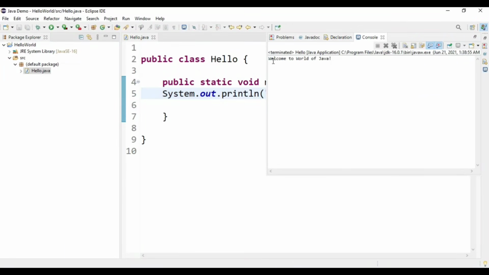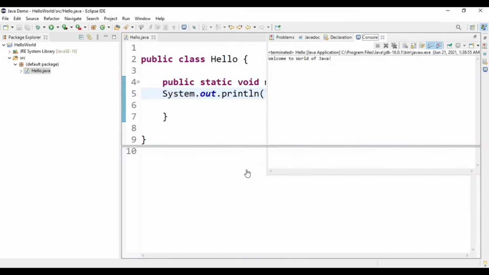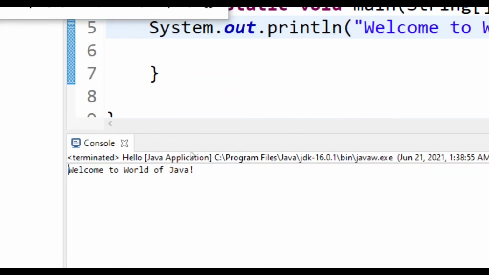You can see it is showing me the message, welcome to the world of Java. If you want, you can take this screen downside also. I have just zoomed it for you so that you can see the output. It is showing me welcome to the world of Java.